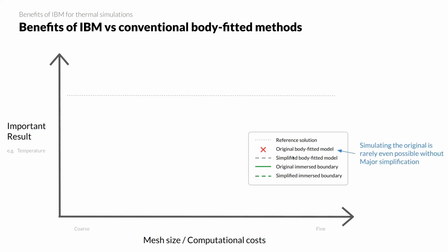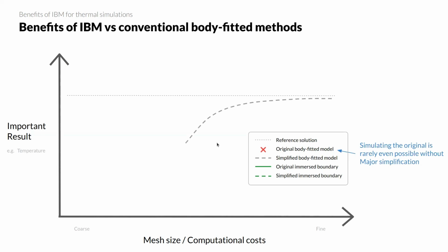So at first, oftentimes we will have the problem that the original model cannot even be used with a body-fitted scheme. There will be overlaps, there will be quality problems. So I can either not even mesh it or run the simulation with a decent mesh quality, or if I can, it will be a really huge mesh size. So in many cases, it's not even an option to use this directly, but rather simplify it first to get